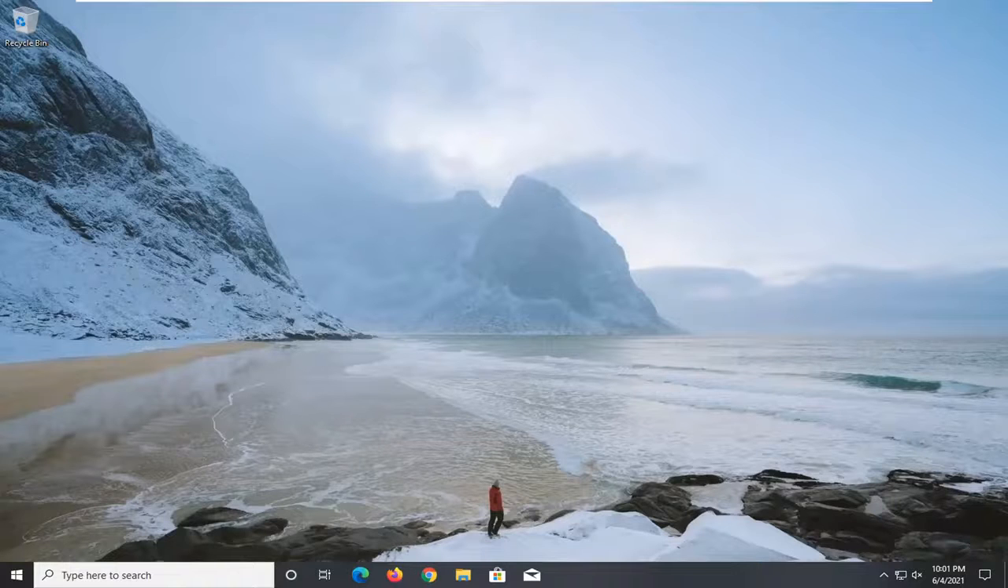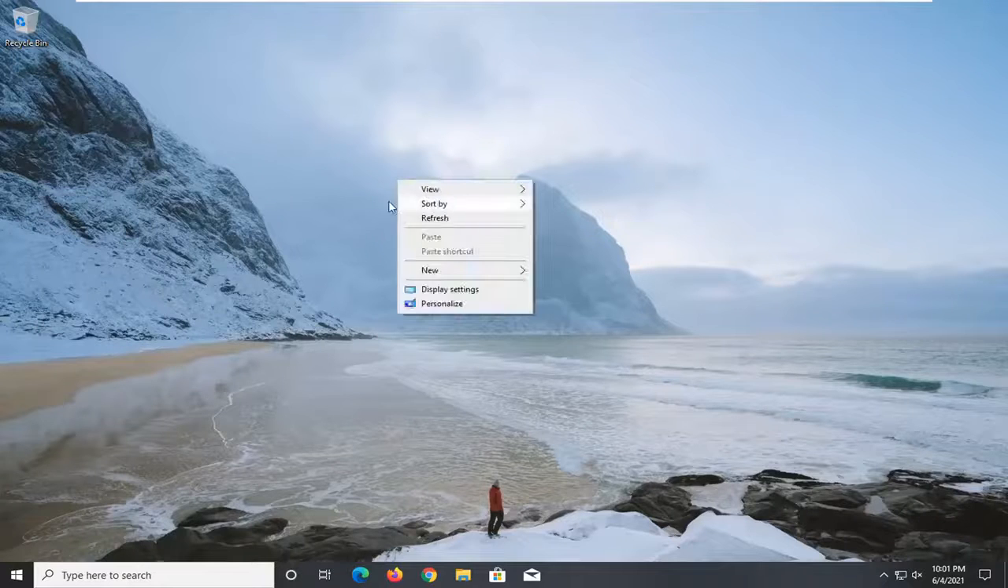In today's tutorial, I'm going to show you guys how to change your login screen without any third-party websites or applications. So this should be a pretty straightforward process here, guys, and let's go ahead and jump right into it. So all you have to do is just right-click on a blank area of your desktop, select Personalize,